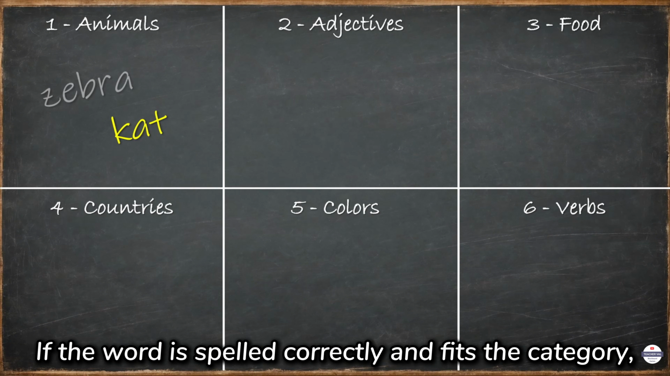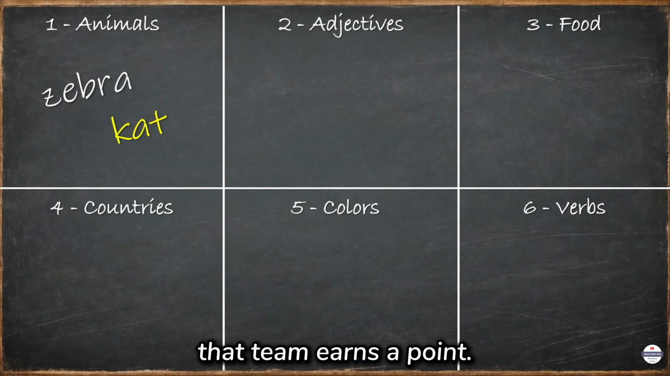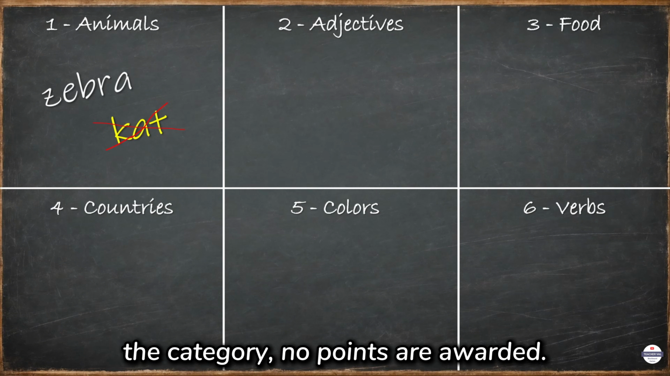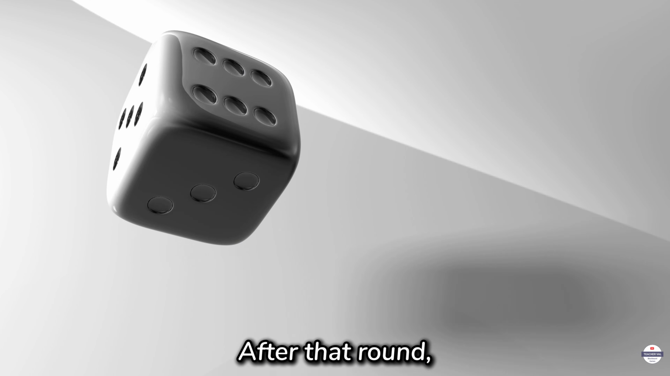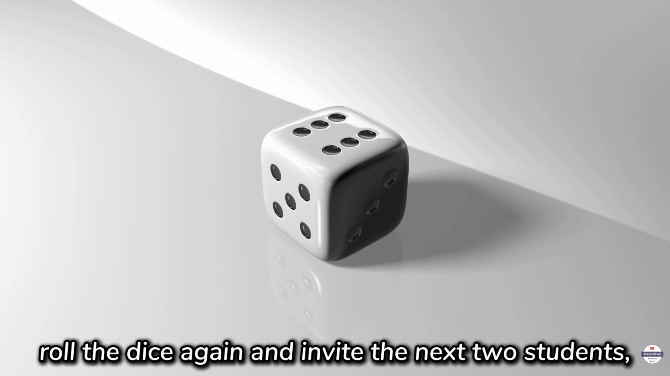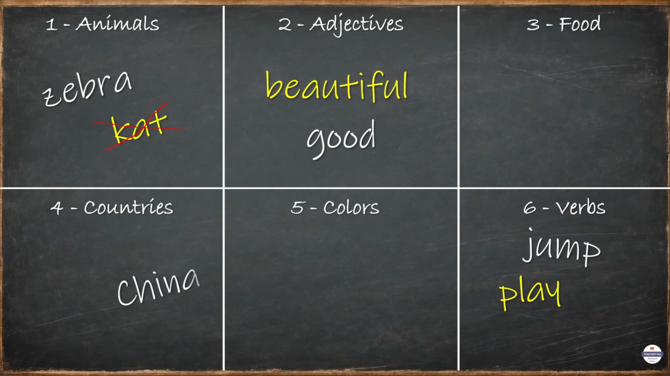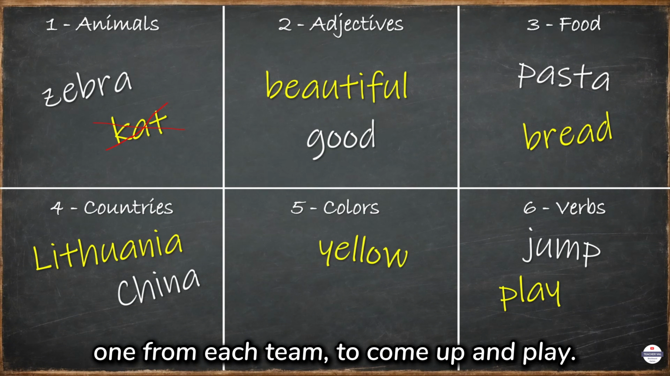If the word is spelled correctly and fits the category, that team earns a point. If the word is misspelled or doesn't match the category, no points are awarded. After that round, roll the dice again and invite the next 2 students, 1 from each team, to come up